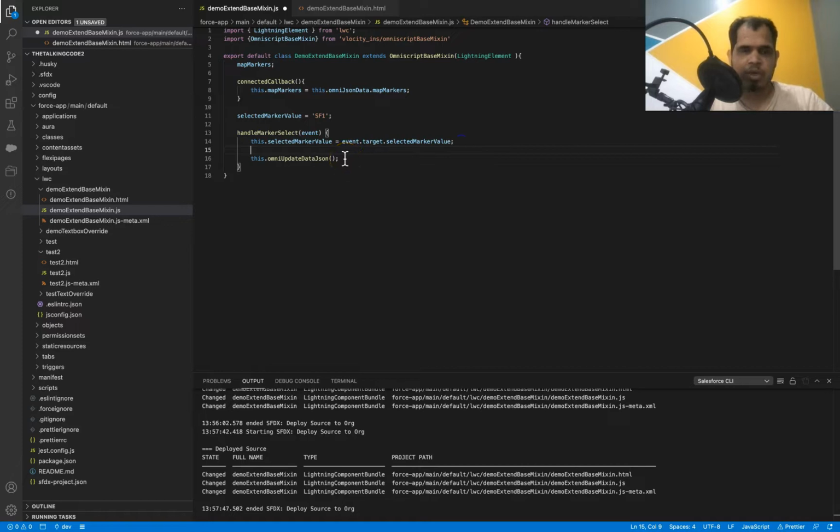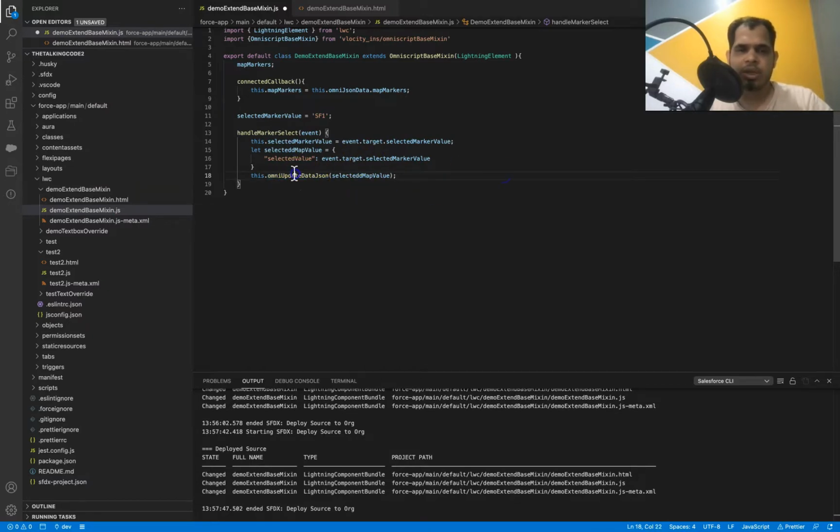So maybe we can create a new variable called selectedMapValue, and the value is this one, and we will use this to push into the data JSON.